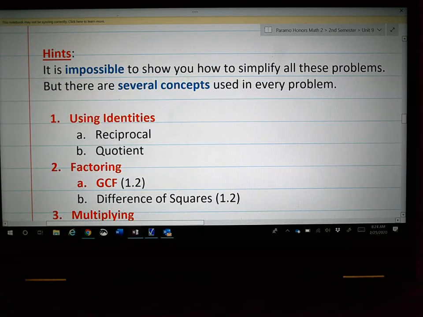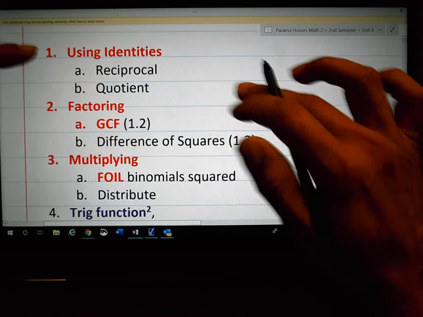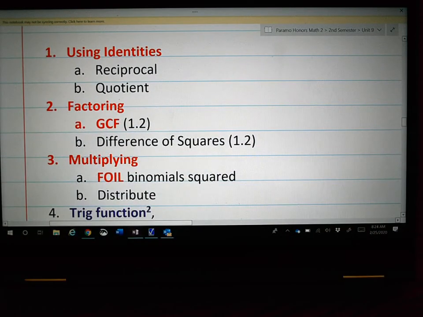Well, Mr. Promo, you never showed me how to. Well, guess what? I'm sorry, I can't. There's too many to show you. Too many different kinds. But the one thing that I can say, if I were to try to generalize it, is that you're going to be using these 4 things all the time. In almost every single problem, you will